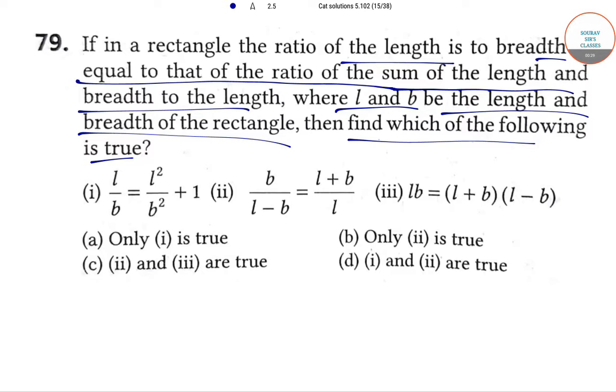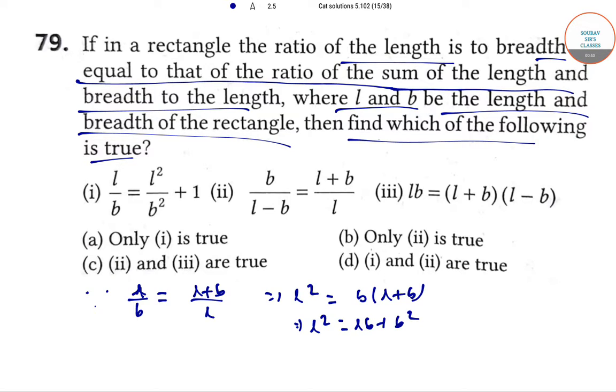Now, since L by B is equal to L plus B by L, we get L squared is equal to B into L plus B, or L squared is equal to LB plus B squared,